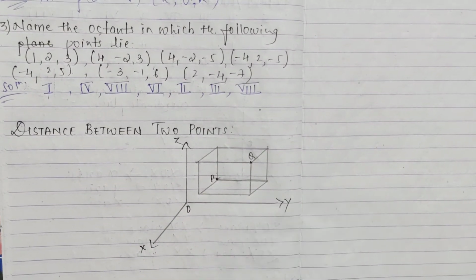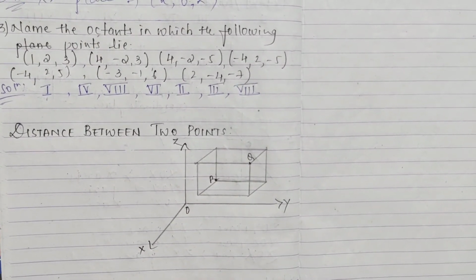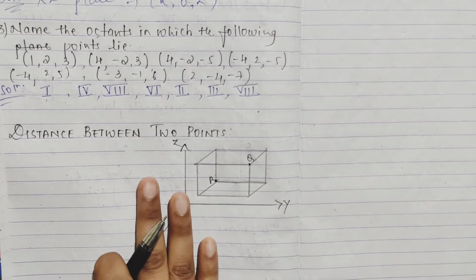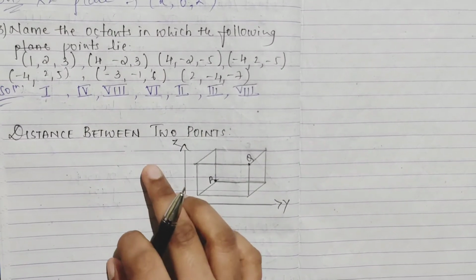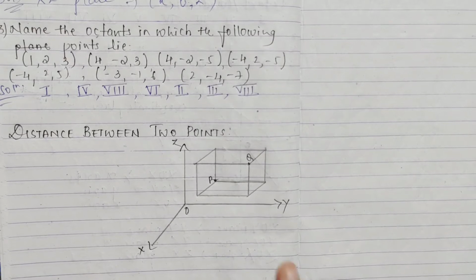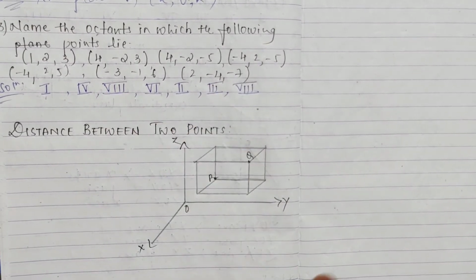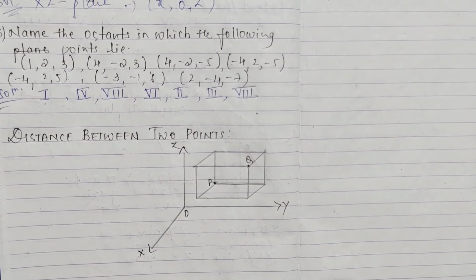Now comes distance between 2 points. Say distance between 2 points, already you know this formula. We have root of x2 minus x1 the whole square plus y2 minus y1 the whole square. For 2D it was that. Now here it is 3D. So we will just see how they have done it.